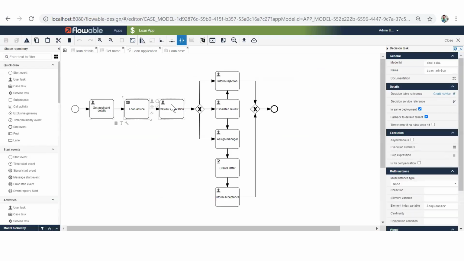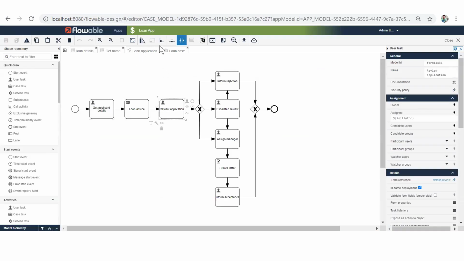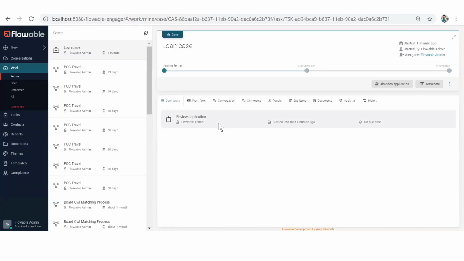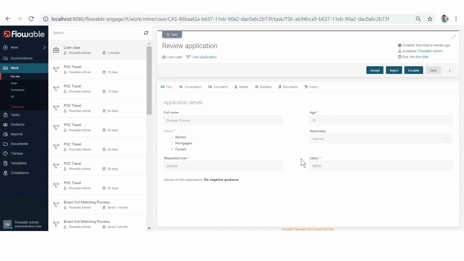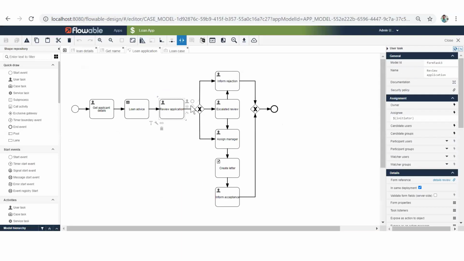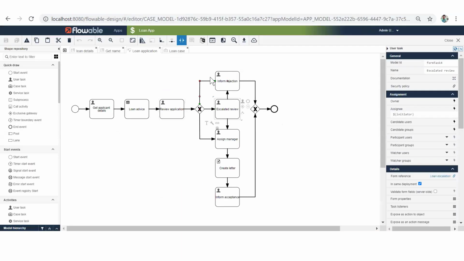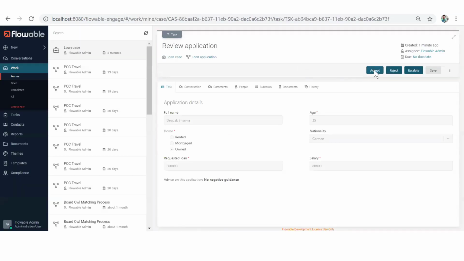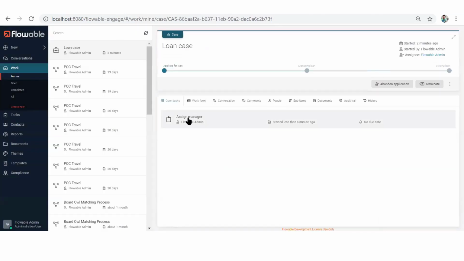So this has already executed, and it has moved to the review application process. In the same way, it will move on to the next tasks. The user can open it, a new form will be available, and he can escalate, reject, or approve, based upon the action. This is the gateway. If he escalates, it will go there. If he rejects, it will go to the rejection. If he approves, it will go for the management assignment. Everything is based upon that. Let's say if I take accept, it goes directly to the assigned manager.